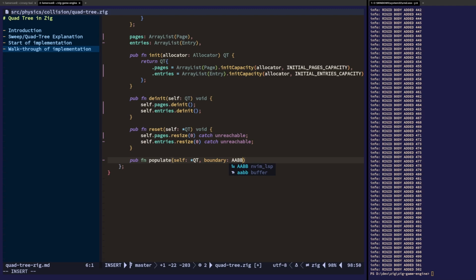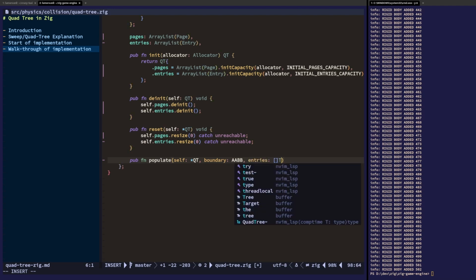So we're sending in a root boundary, and this is basically what I was talking about last video, like a bounded or an unbounded quad tree. So this is a bounded quad tree, which means it has a static size, and you will have to define the size at first, but you can just pass in a sufficiently large boundary and it will work. And then we also want to send in the entries